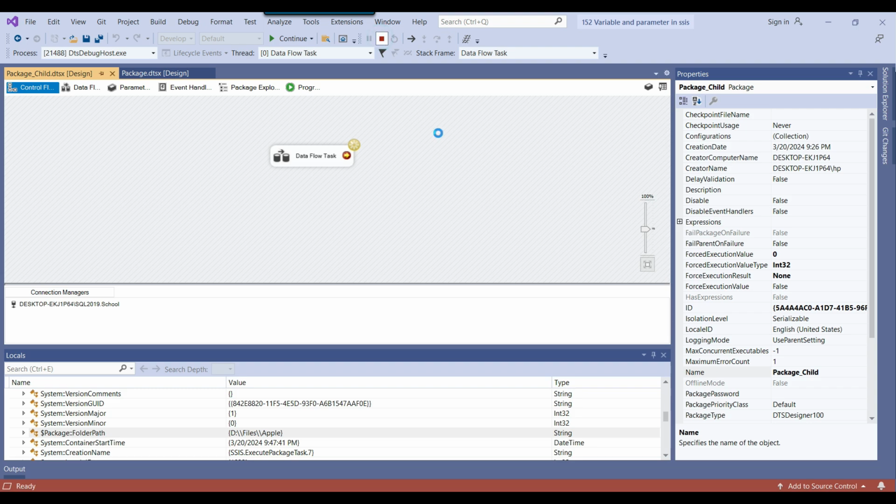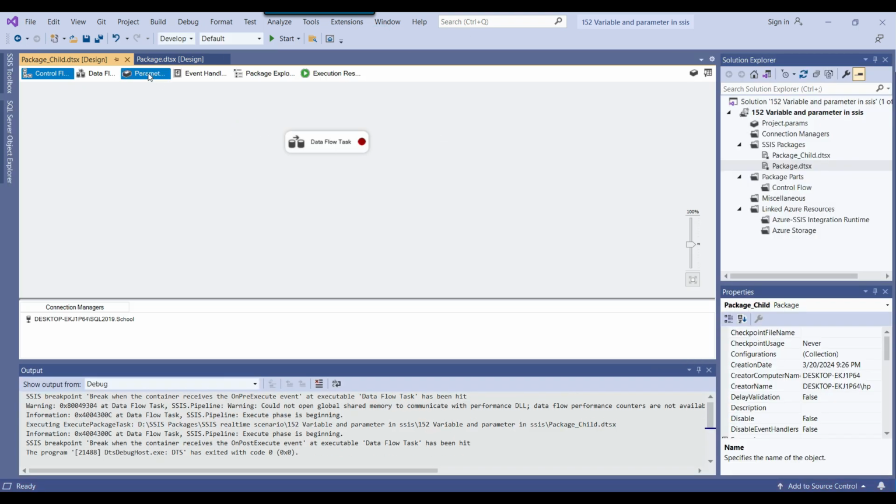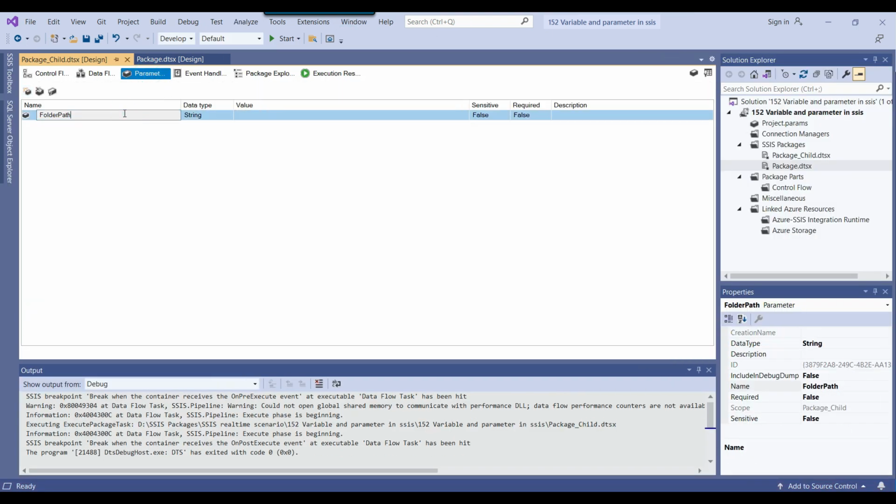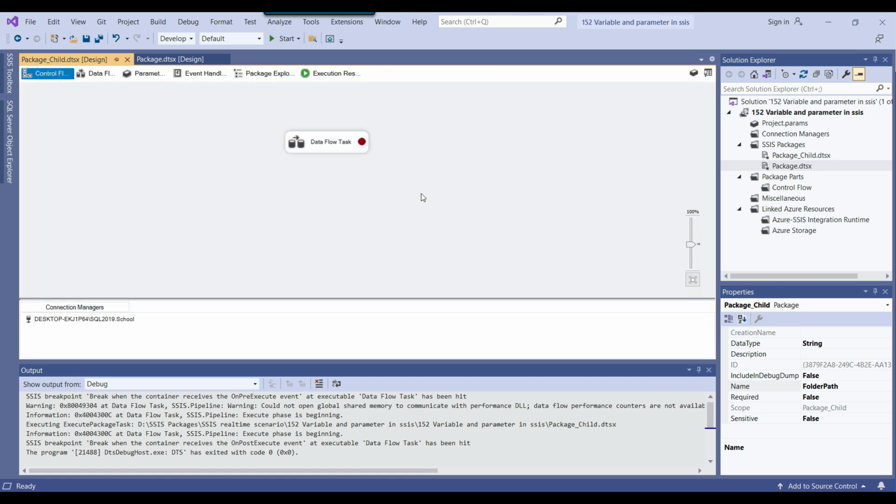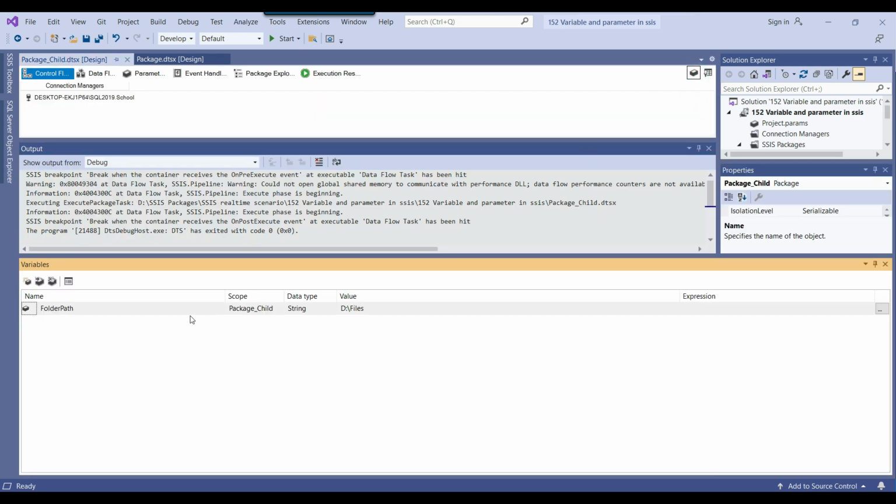Now suppose you want to pass the value you are getting through the package parameter to the variable inside this package. It's pretty simple: you can open the variables pane, and for this particular variable I want to get the value from the package parameter, and the package parameter will of course get the value from the parent package.